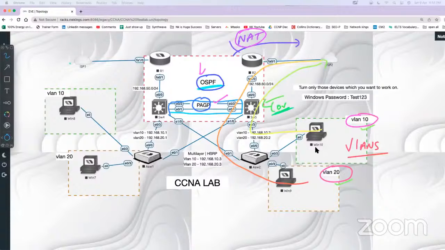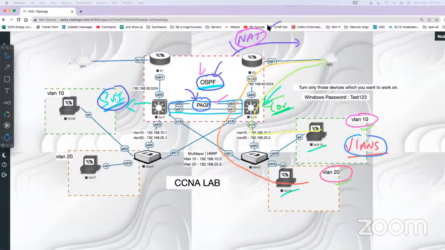Multi-layer switch. So if I want to make it the VLAN 10, VLAN 20 gateway, what topic is that? Inter-VLAN. Which inter-VLAN method did we cover for VLAN 10, 20? Switch virtual interface. Guys, you do not revise your content. What was the topic? Switch virtual interface. Now you got it? Yes, sir. So in short, in this lab, we are going to learn VLANs, SVI, PAGP, OSPF, NAT,